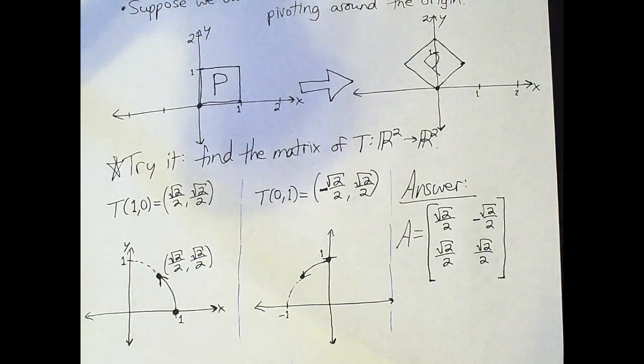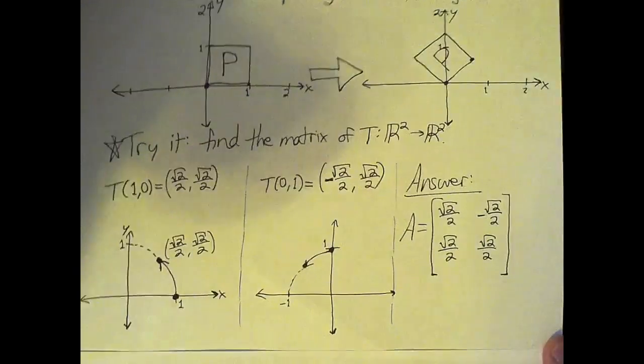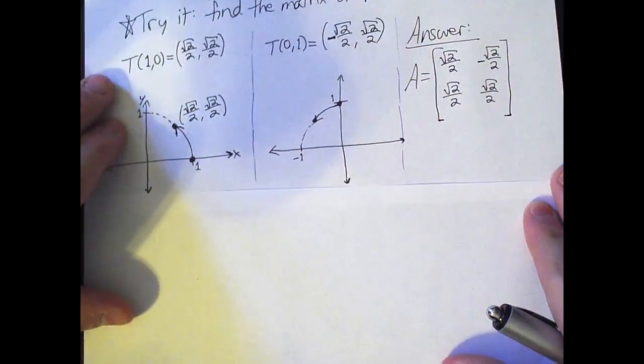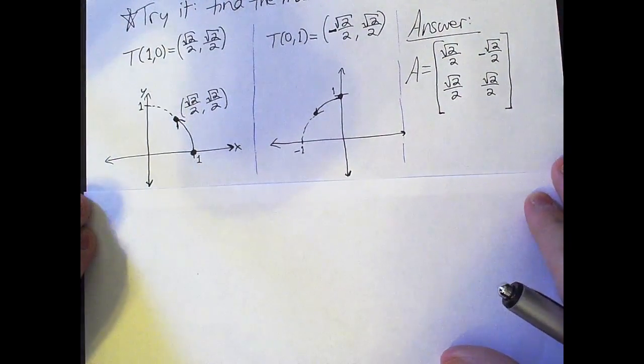All right, so it seems like that was very specific to a 45-degree angle. And if we were rotating some different amount, then we would have different points here. So let's talk about that. What about rotations more generally? What if I wanted to rotate 30 degrees or 60 degrees or 90 degrees? So